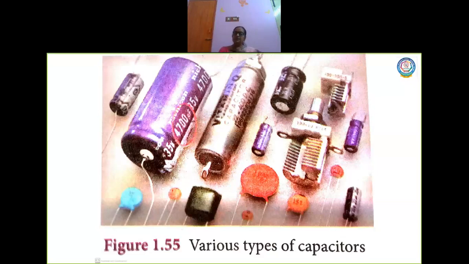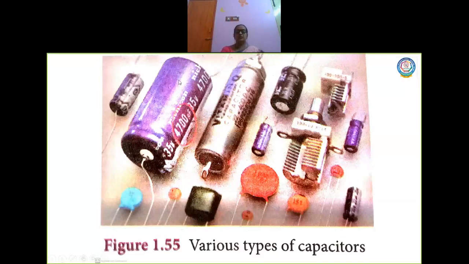You have a medium which is air, and if the medium is going to be something else, yesterday, last class, we were discussing about dielectrics. If you happen to keep a dielectric in between the capacitor, how the capacitance will increase, that is what we are going to see in the next topic. So definitely two plates which are separated by a medium. Now the medium definitely will be air or vacuum, or in some cases we will have a dielectric.